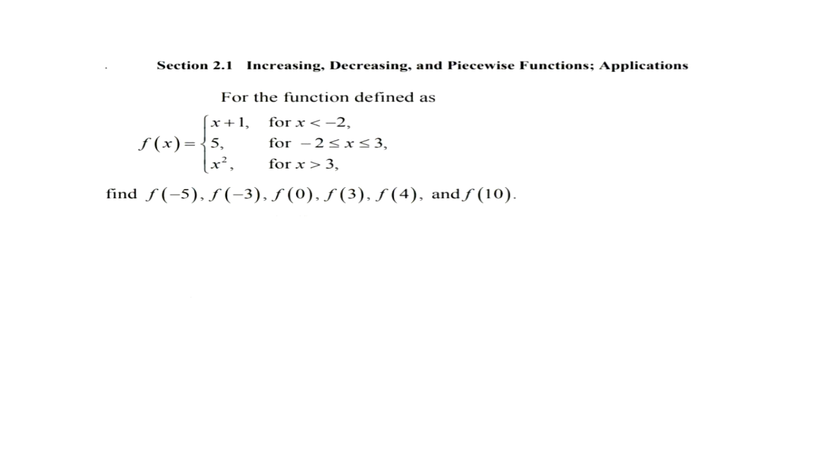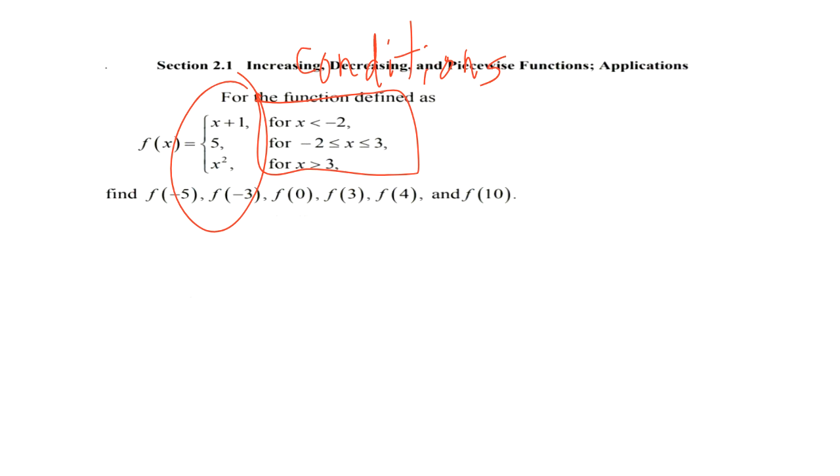Right here, these are the different pieces of the graph. So these are like your conditions. And based on your conditions, these are the formulas that you are going to use. So these are the different conditions of the graph here, and these are the formulas. So when they say find f of -5,